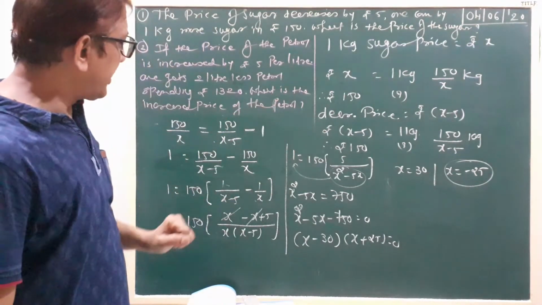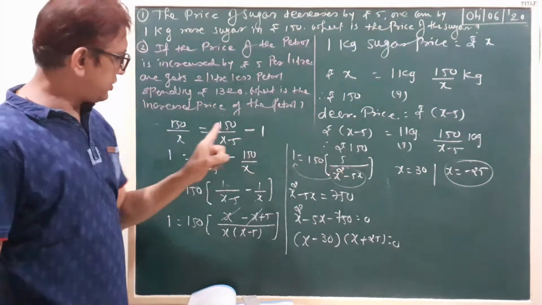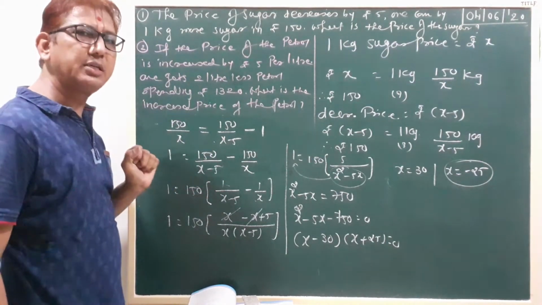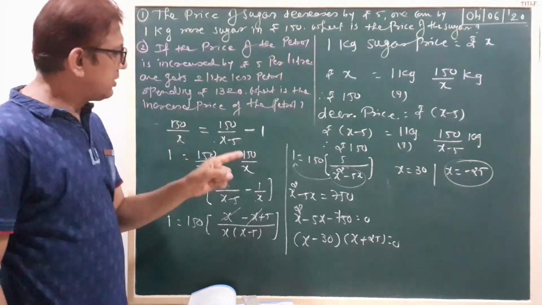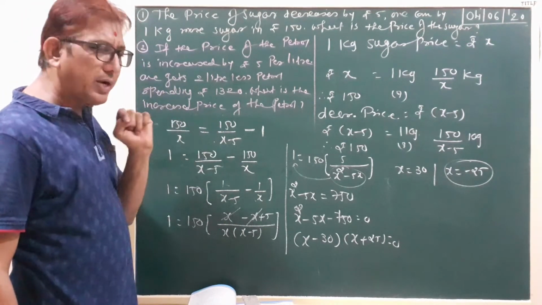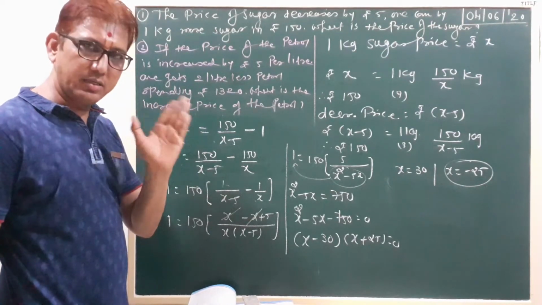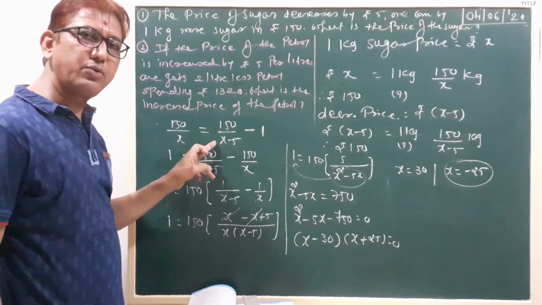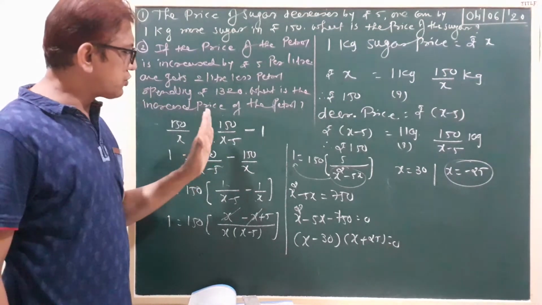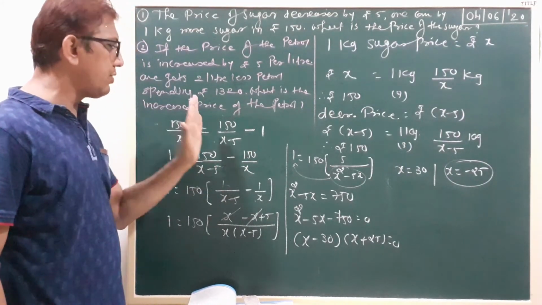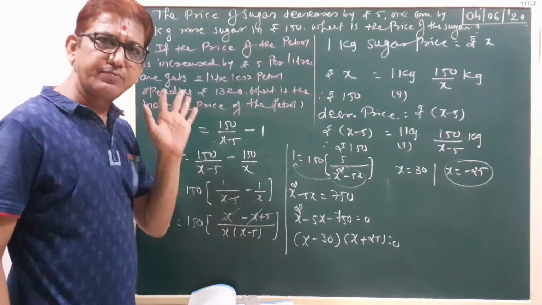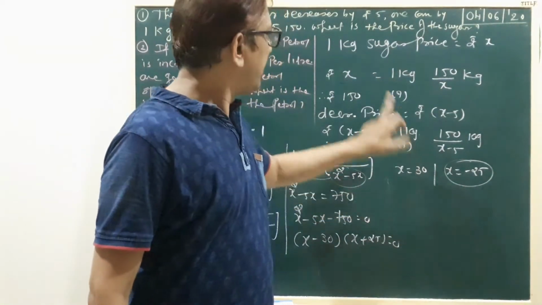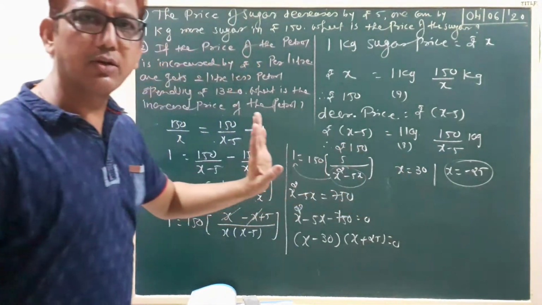You can also verify this one. Here, put 30 in this equation. x equal to 30. 150 divided by 25, since 30 minus 5 is 25. Right? 150 divided by 25, 25 6s are 150. So 6 minus 1, 5. Here also 5 and here also 5. So our answer is right. So the final step is here. Therefore we write this statement as the final answer statement. 1 kg sugar price is rupees 30.